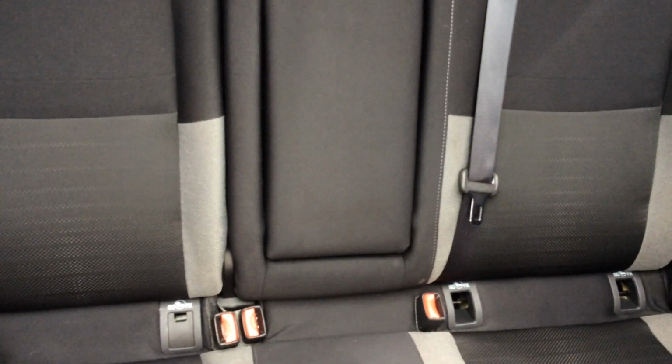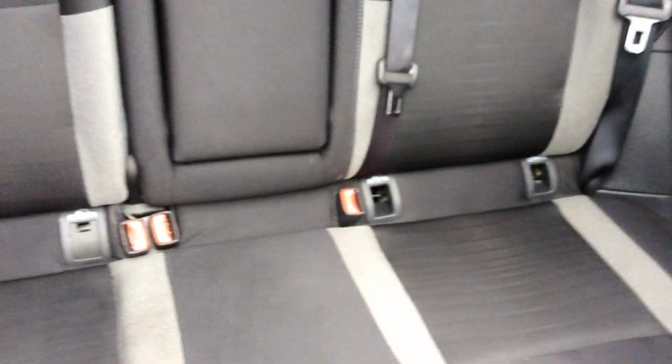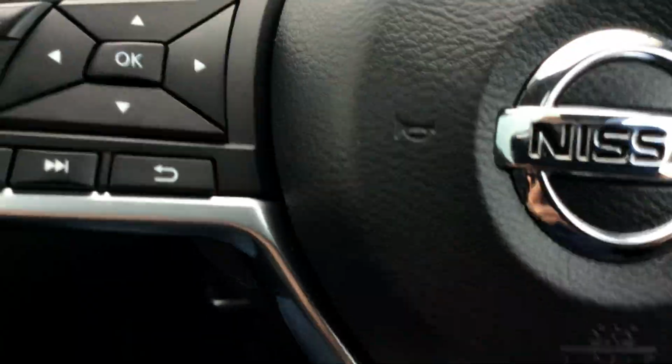There's the rear seats for you. It's got Isofix as well at the bottom, as you would expect. So yeah,